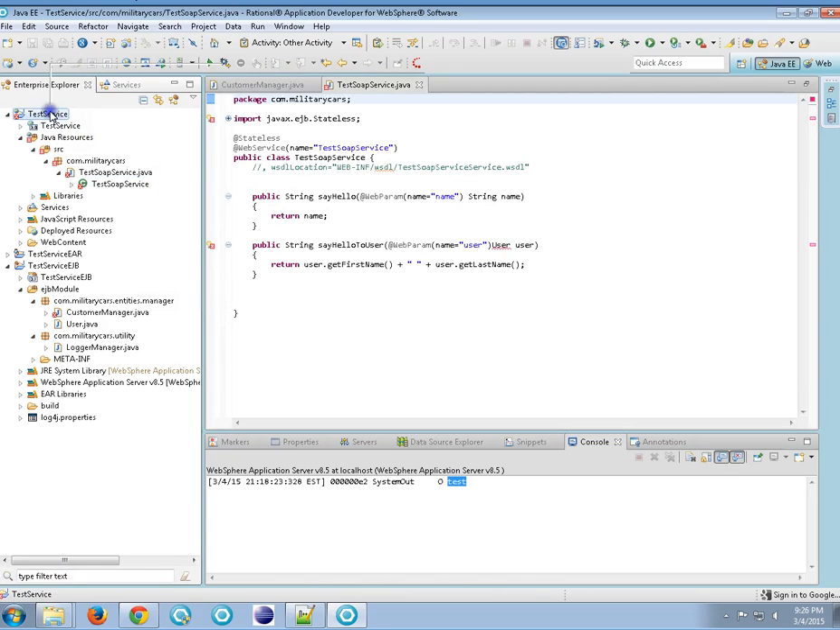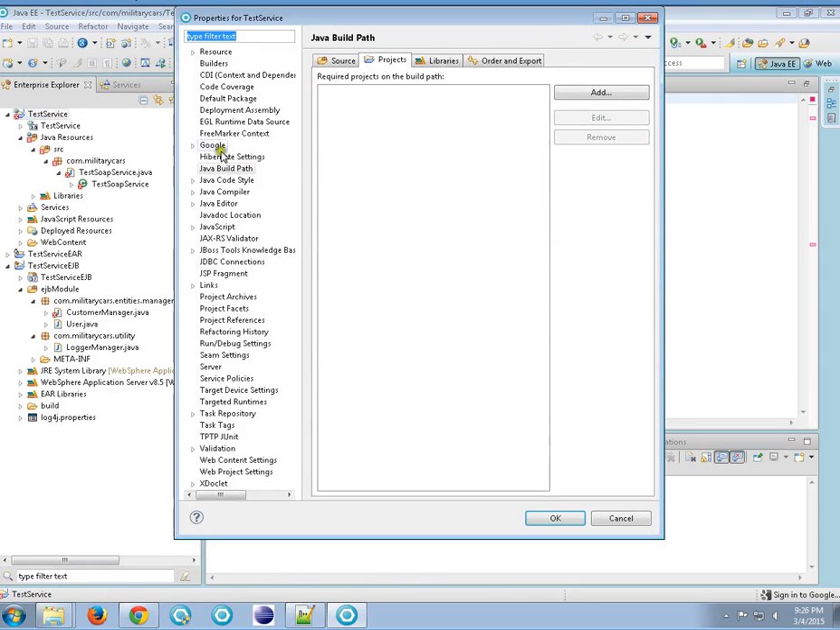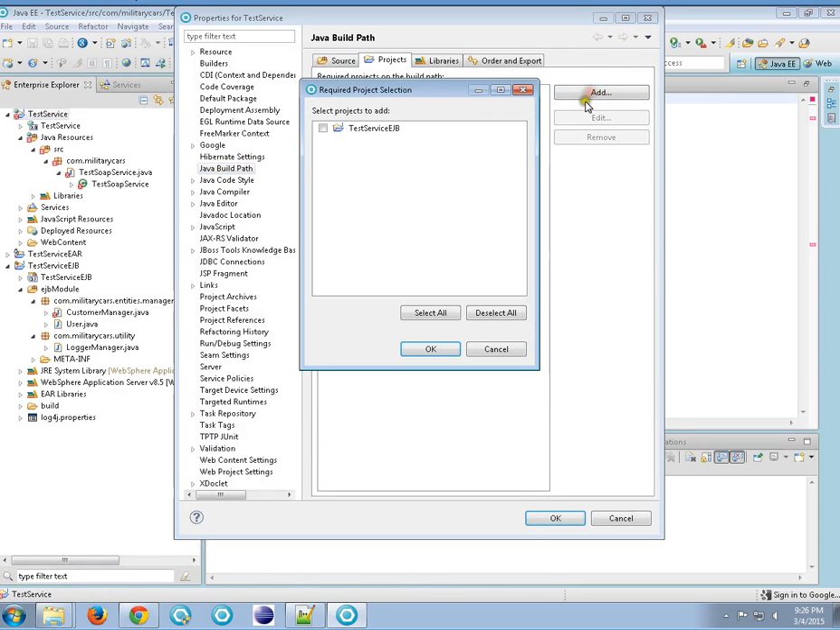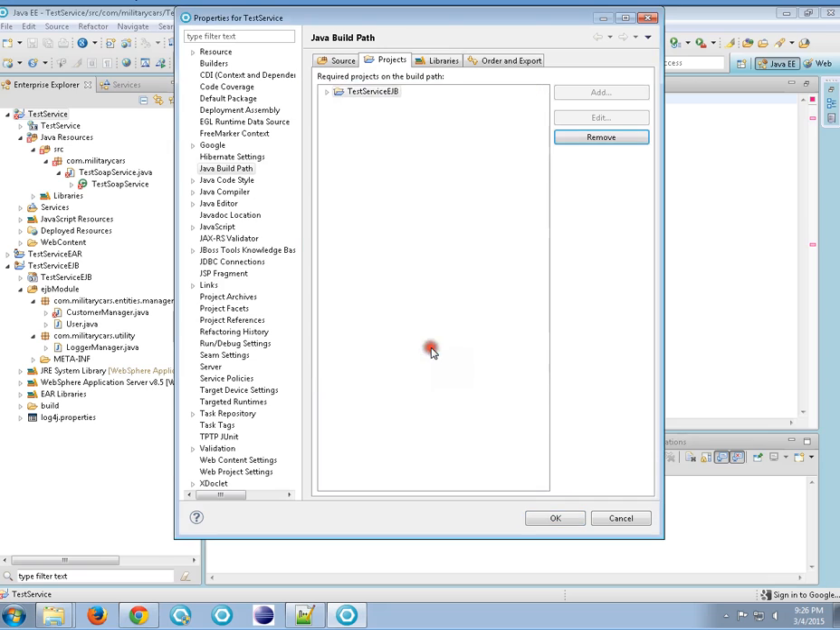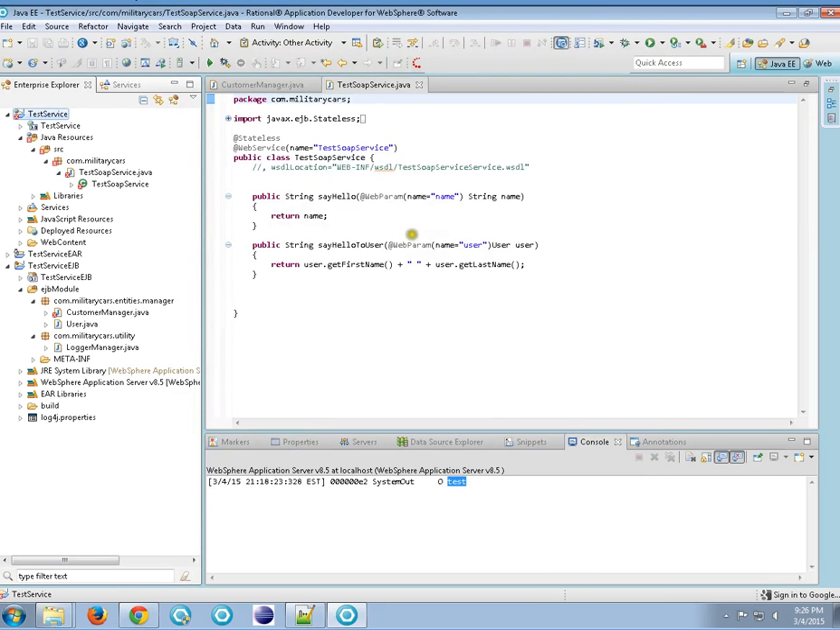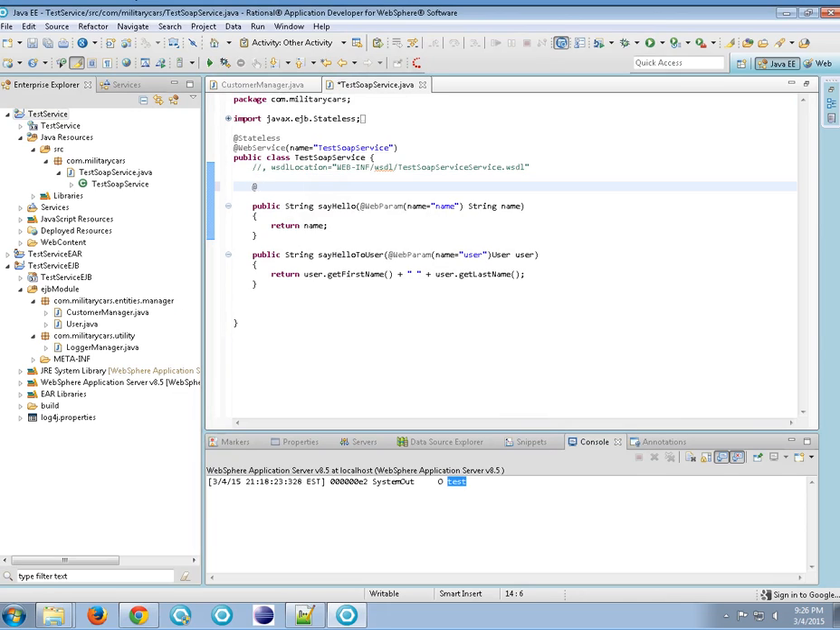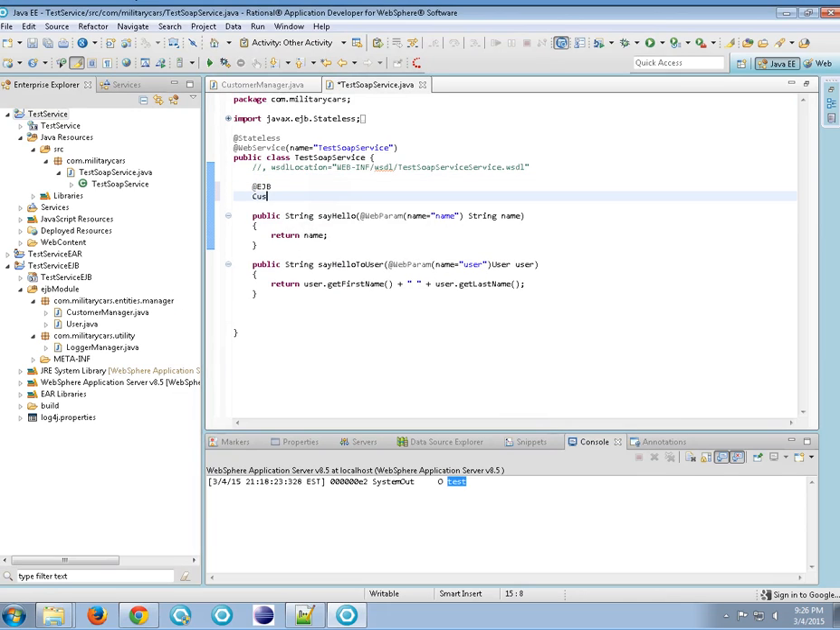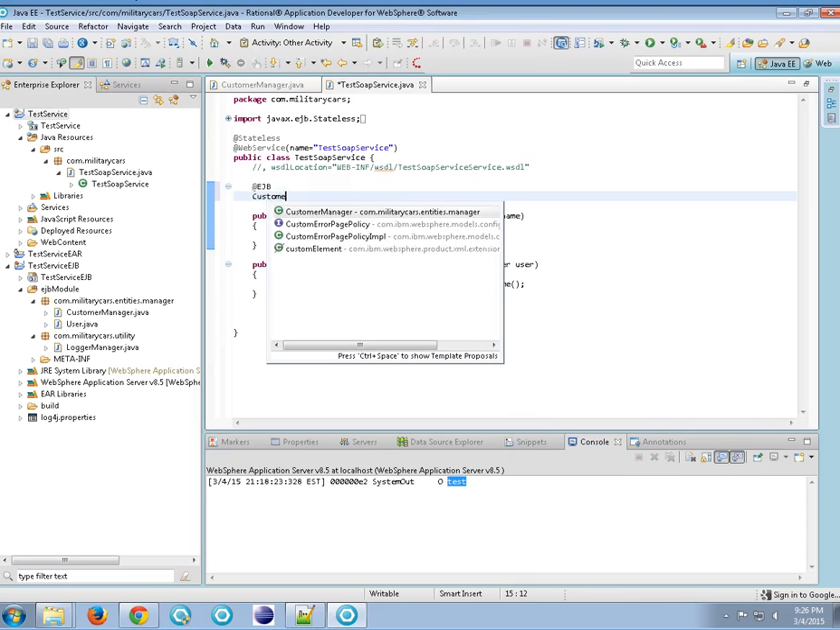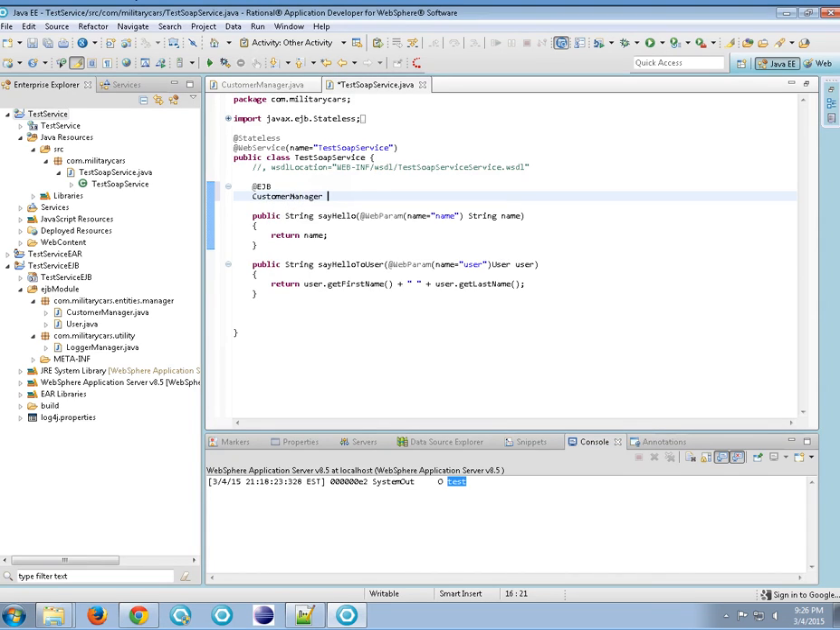So what we're going to have to do is right-click, Properties, Java Build Path, but we're going to add a reference pretty much to our EJB so that we can access anything there, and it goes away. We're going to have to do that anyway because we're going to inject the EJB here. The customer manager,